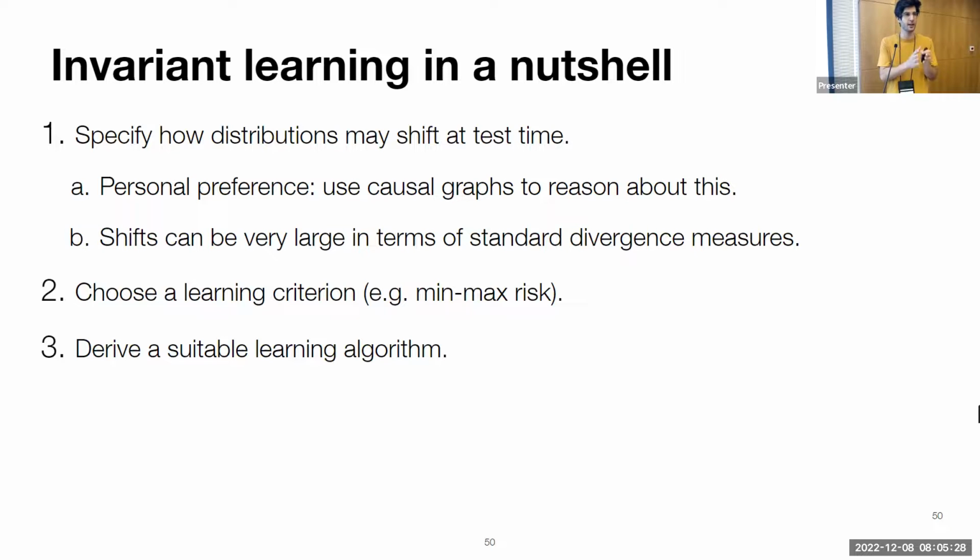After we have built our world model or mental model for how this world operates and what changes we expect might happen, then we can derive a suitable learning criterion or learning algorithm that will enforce this. One way of doing it directly from causal graphs is thinking about the invariance, like the independence conditions that should hold such that my representation is not using unwanted information, and try to enforce this conditional independence on my model through some regularization during training. It will be agnostic to the model, but we are manipulating the learning algorithm.